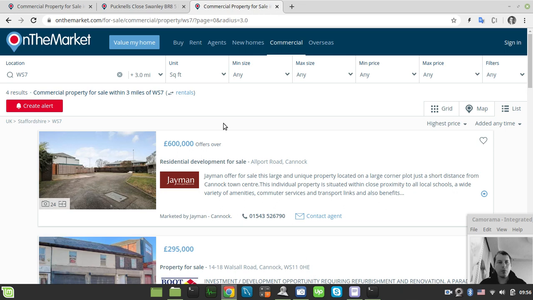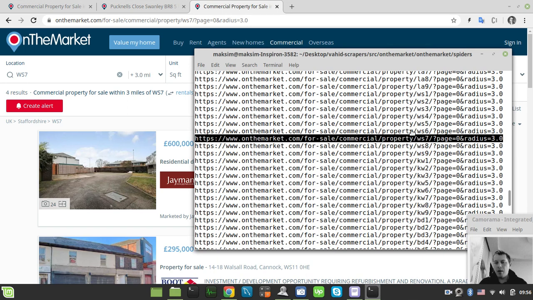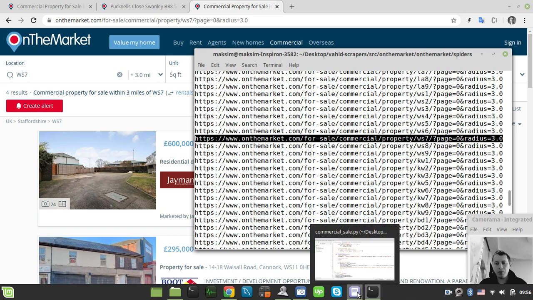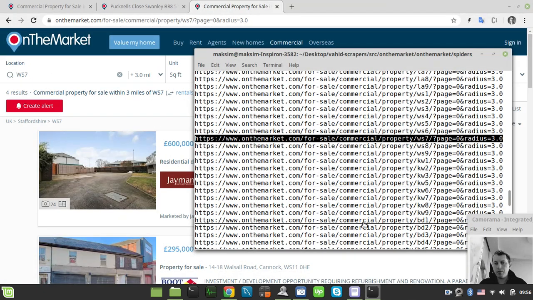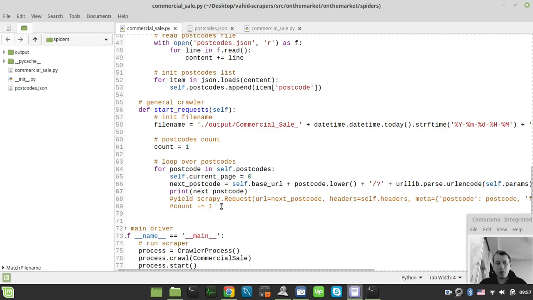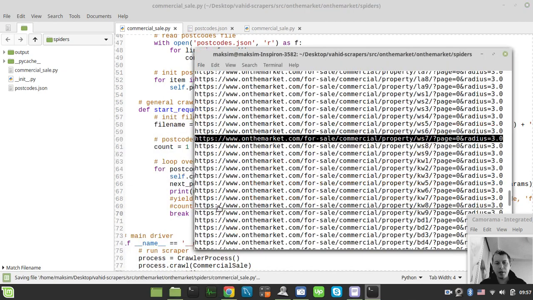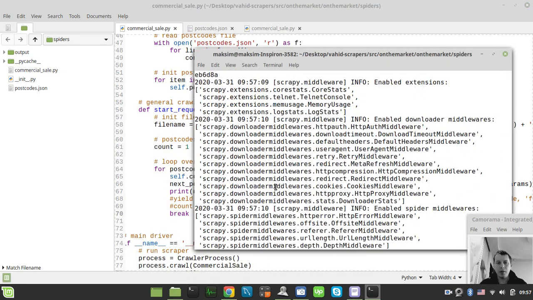Okay, so where did we start basically? I believe we did output the list of all the postcodes on the market site, but of course we won't really be crawling all of them during the time of debugging our spider. Instead we'll just break here for debugging purposes, and I hope to see only one